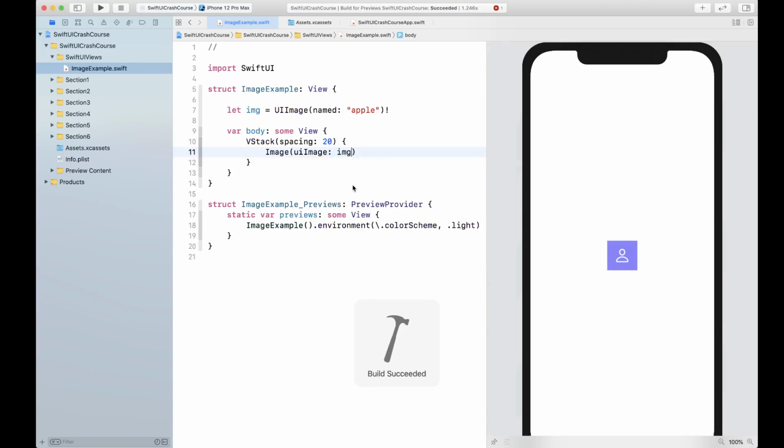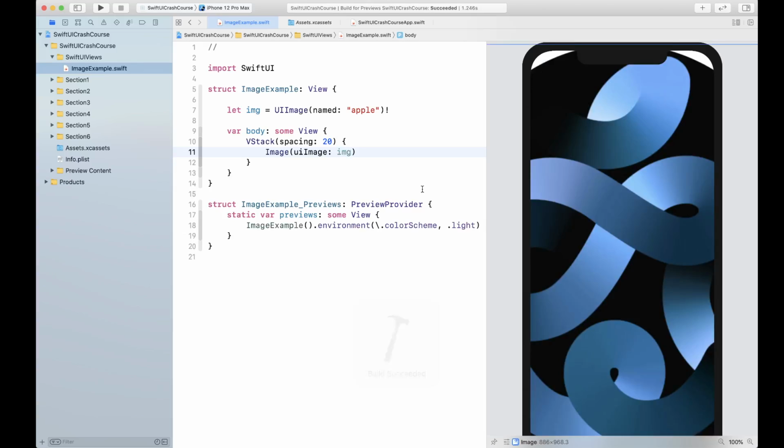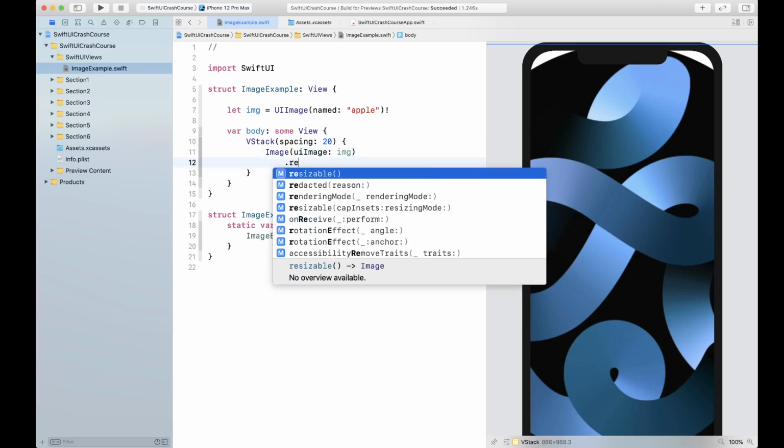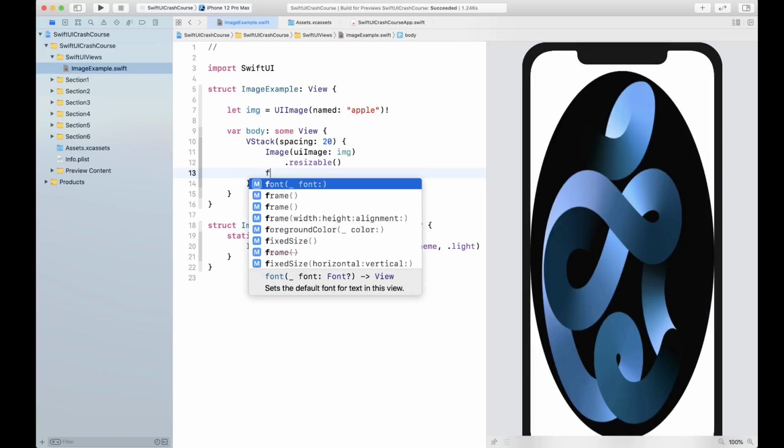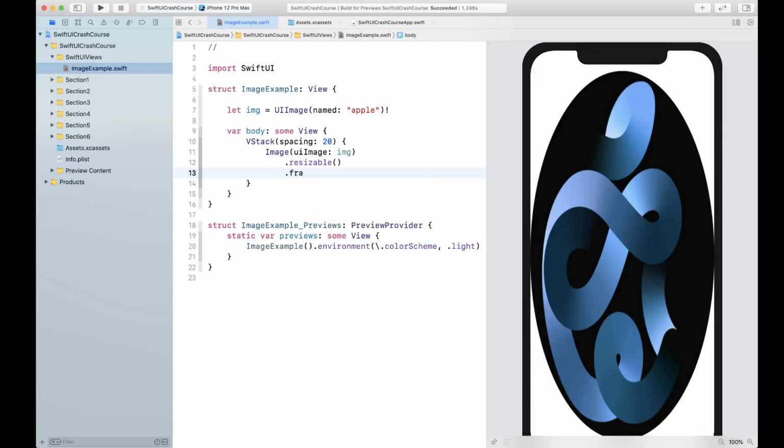And if I resume, you're gonna notice that we can still render the image right there. Okay, and we can once again make it resizable and give it a frame as well,